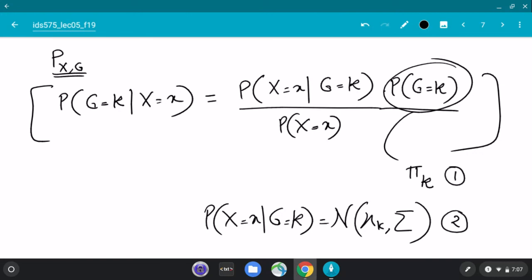But if I can compute this, then I can do an argmax as well. Same thing, right? I can take an argmax and find my class. Now, for each class k, the denominator is the same, so I don't really care about the denominator. What I'm saying is, if I told you this is exactly a normal distribution, and I told you the parameters, right?